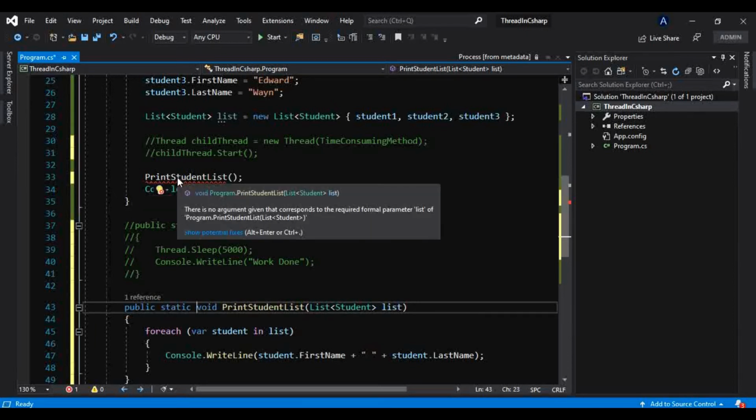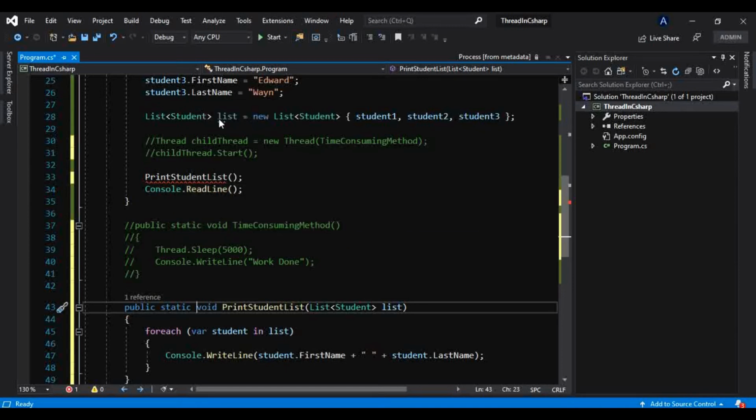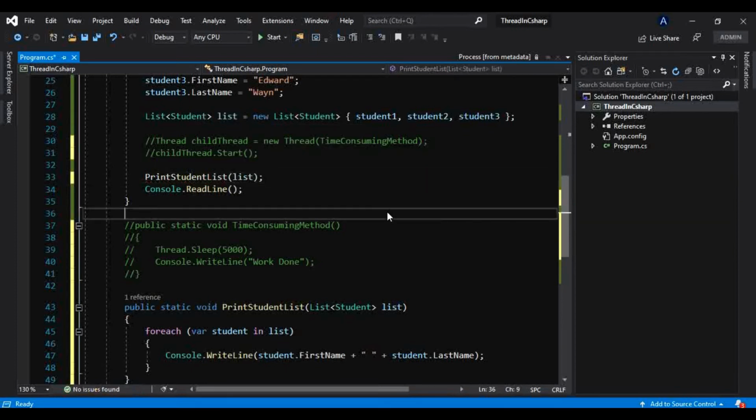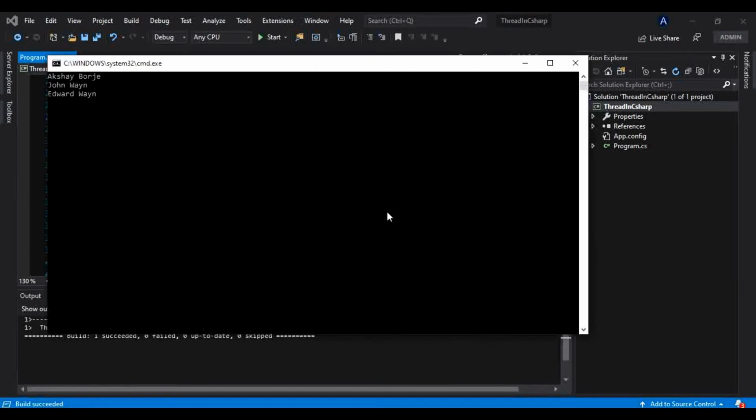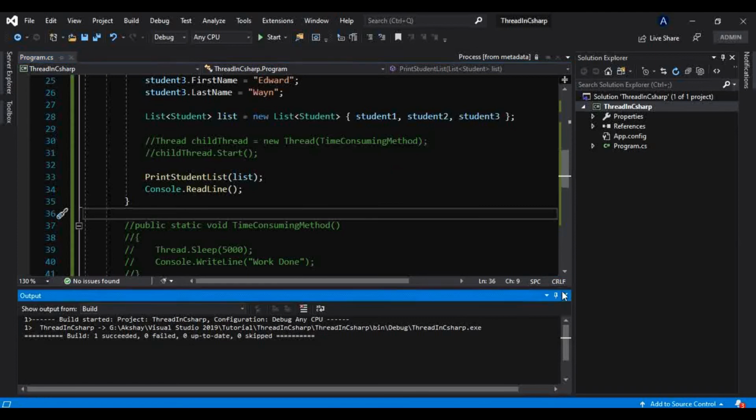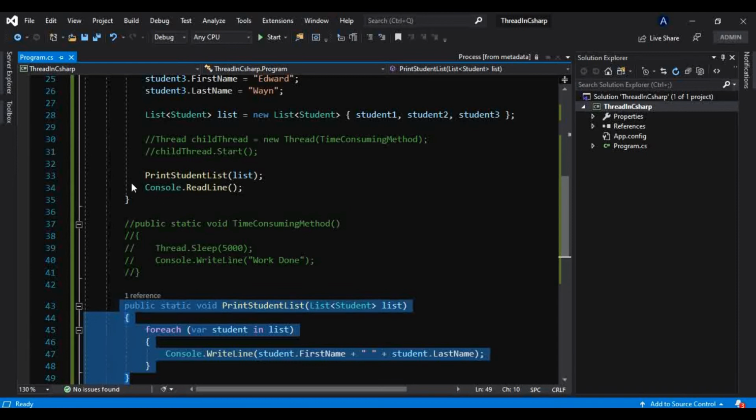It is still throwing an error. Why? Because it requires that parameter to be passed, so I will pass that list to this. All right, now if I run this, it will print that list only. So we are getting the same output, but this time I have put that code inside a new method and used it here.